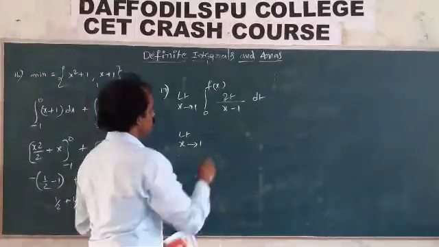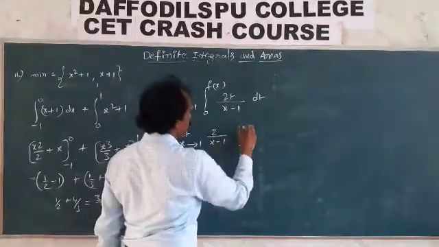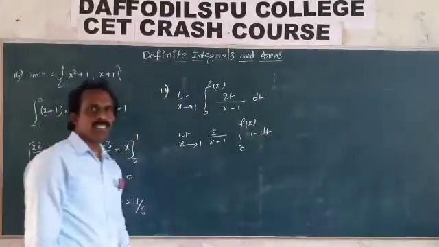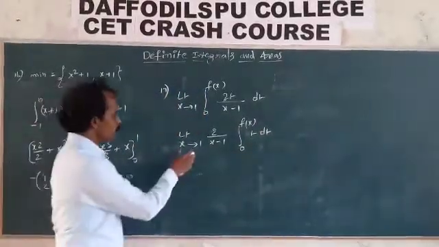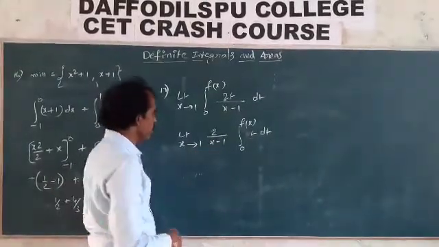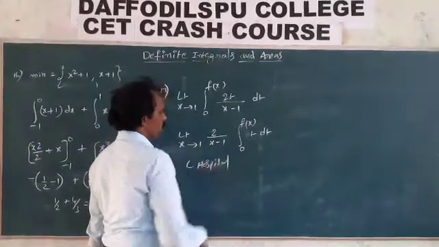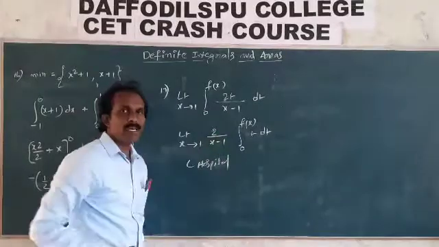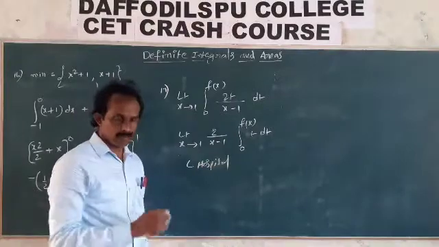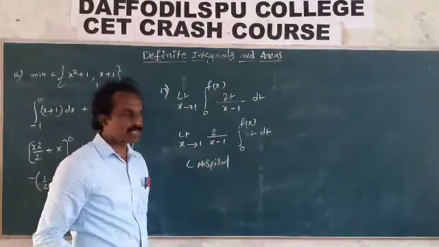So this can be written as 2 by x minus 1. Here 2 is a constant. Then you write like this: integral 0 to f of x, t dt. Suppose x tends to 1, substitute, what happens? 1 minus 1. This is not defined. That's why we apply L'Hospital rule. L'Hospital rule means f dash x by g dash x. This function is f of x by g of x. The numerator function derivative is divided by the denominator function derivative.